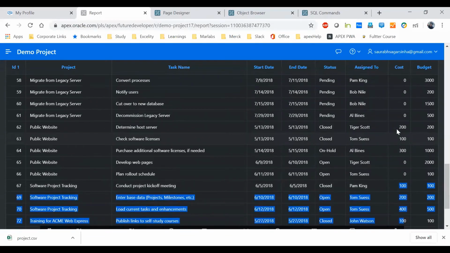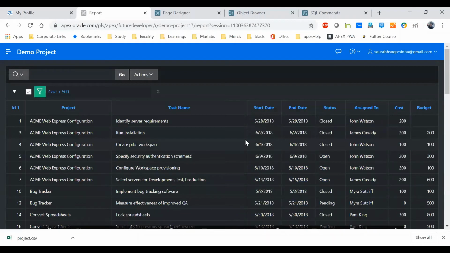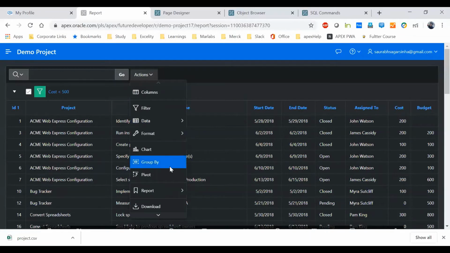So for these things, you don't have to write your code. You can customize it from the front end itself. Got it. So maybe a user who is familiar with the interactive report can play with this data and do all this stuff. But yes, you can write your backend code as well to make it more flexible. Or if a user is very lazy and doesn't want to do anything, then maybe you can write all the things in the backend.